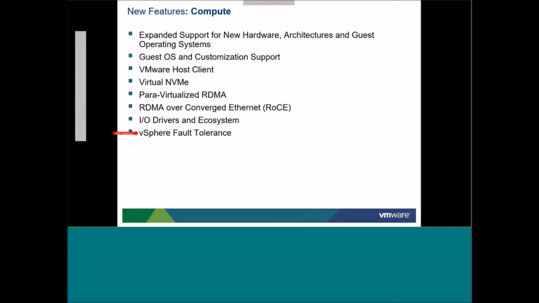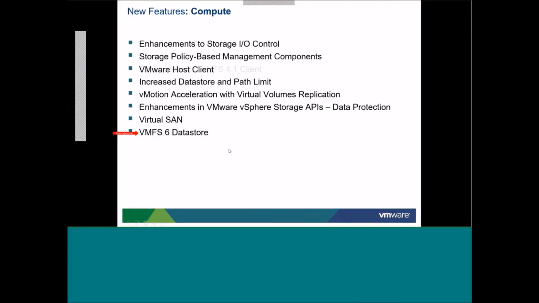Okay. And so the next thing that we're going to look at is storage enhancements. Pardon me. All right, so start off with enhancements. There's been some enhancements to storage I/O control. Okay, storage I/O control allows us to do shares, limits, and reservations, just like if we had CPU or memory